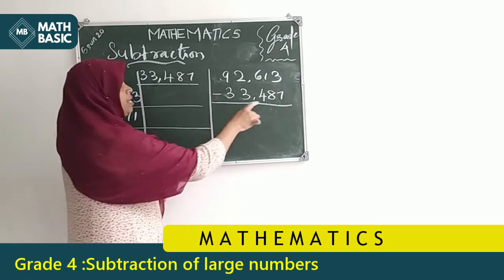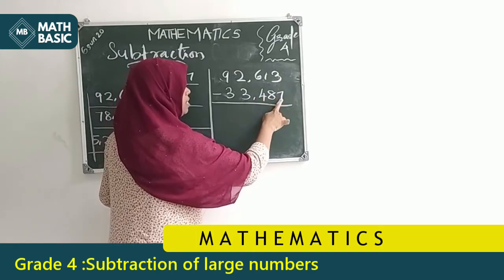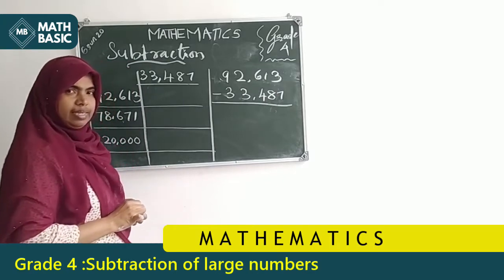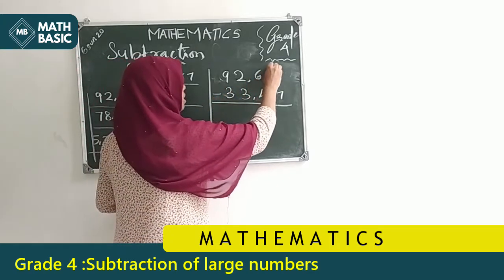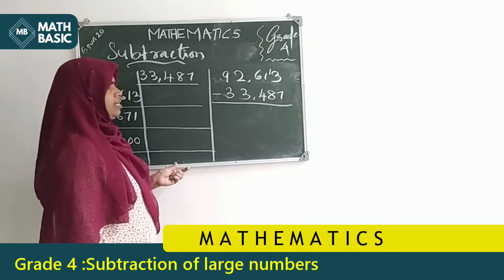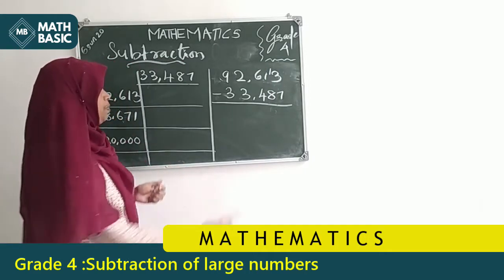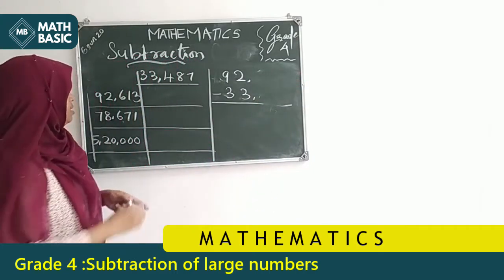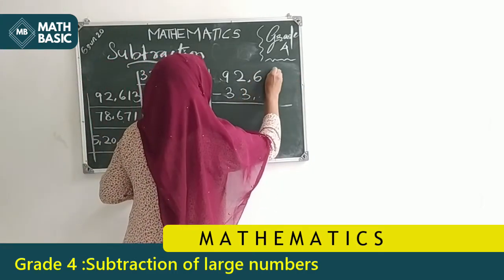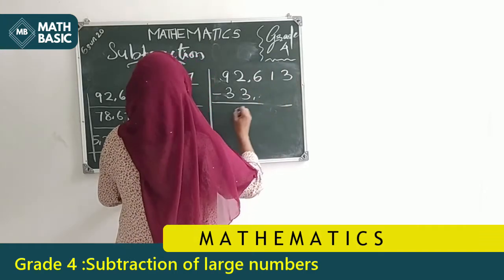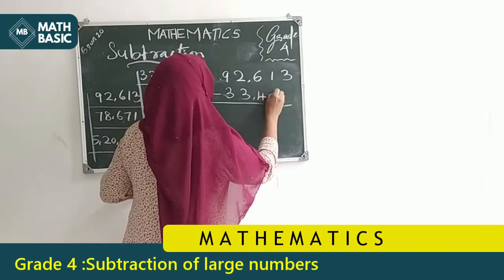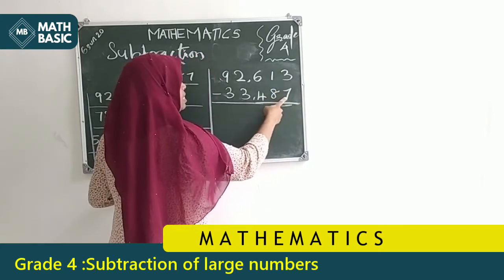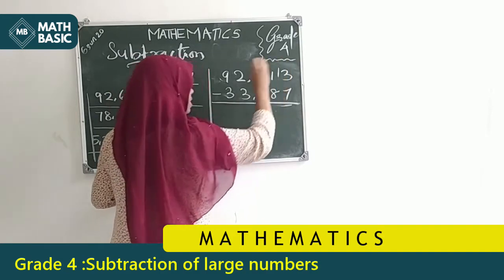What we said, the borrowing. How can we borrow? Here 7 and 3. 7 subtract from 3, so make 3 as 13. Listen here. 3 make it as 13. Give some space in between 613, then you can understand easily. Here 487. Listen carefully. Then subtracting 7 from 3, so make it as 13.